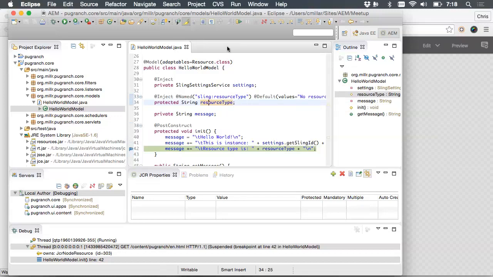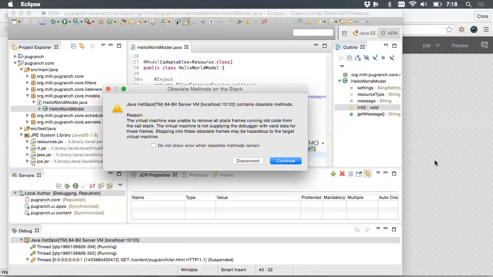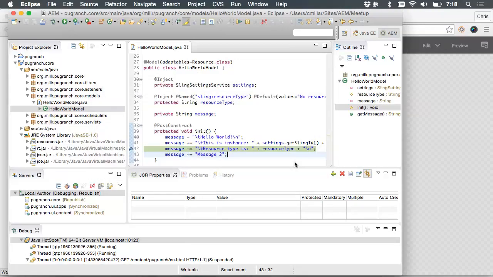If you try to do hot swap of code, that is something that is not quite supported yet. So if we were to try to change something mid-way, if we were to add message += message 2, Eclipse will throw an error for us. It says, this Java VM cannot do this. So we'll just hit continue. So you can't do hot swapping yet. I don't know if that's coming, but